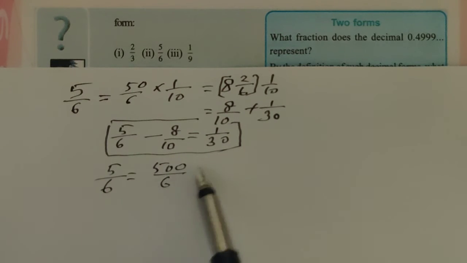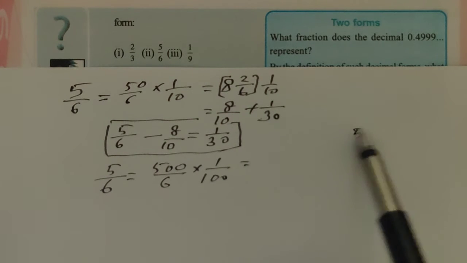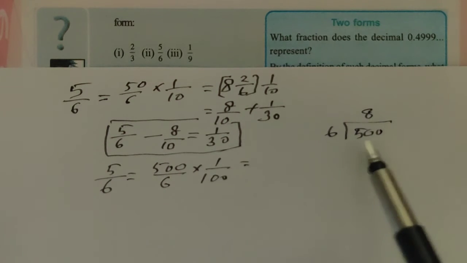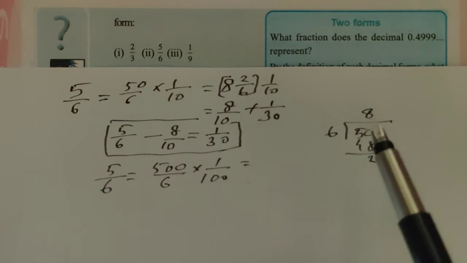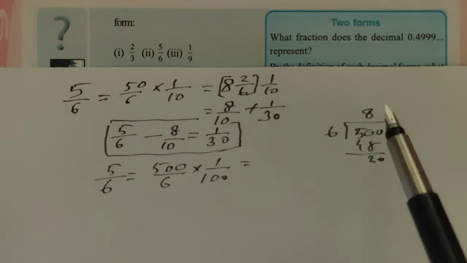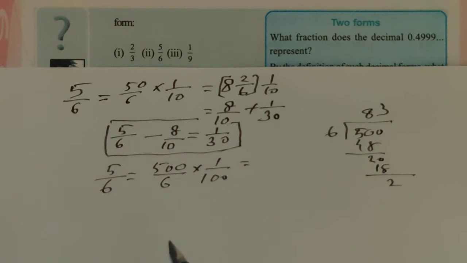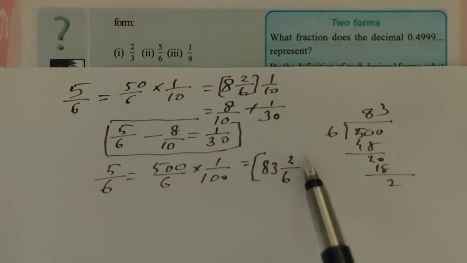And now you want to transform 5 by 6 is equal to 500 by 6 into 1 by 100. Then what is 500 by 6? You can divide 500 by 6. That is 8 6 are 48. Remainder is 2, 20. Then 3 6 are 18. You get 3. 3 6 are 18 and the remainder is again what? 2. Then you write it is 83 2 by 6 into